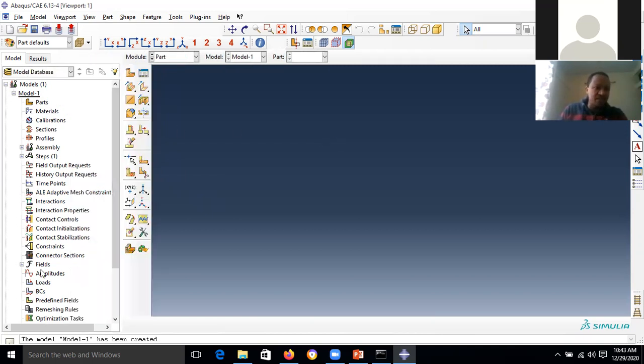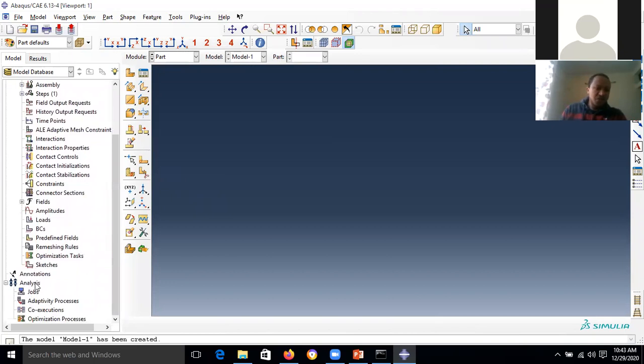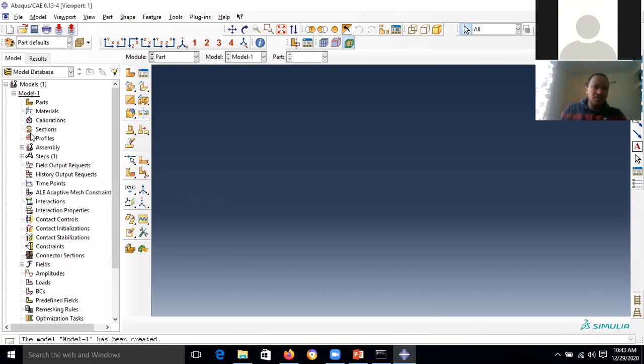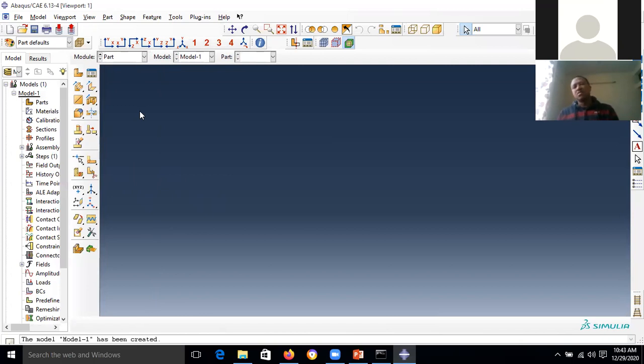All these things are available in the workflow tree here. Part is here, material is here, assembly is here, step is here, load and boundaries are here. Job is also here. Someone can use this one, or another person can use the other one, both having the same function. Okay, so let me use the module